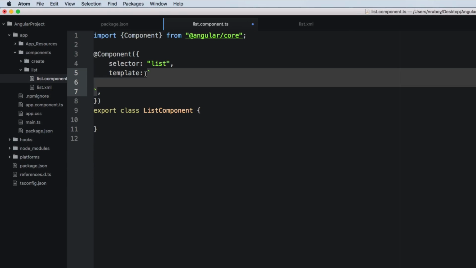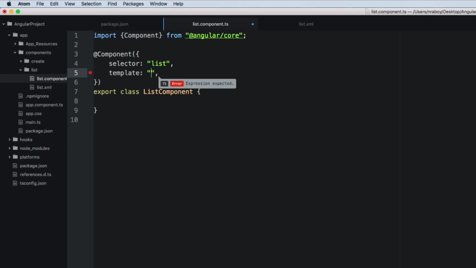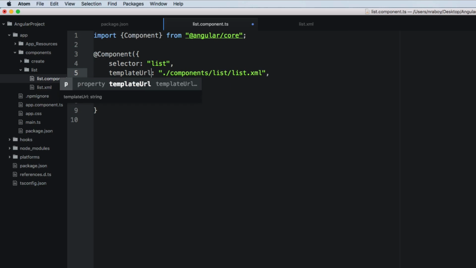So what we want to say is we want to reference that XML file. So we're going to do ./components/list/list.xml. And instead of template, it's now templateUrl. And we're going to save that. So far, so good. The next thing we want to do is we want to add a few more